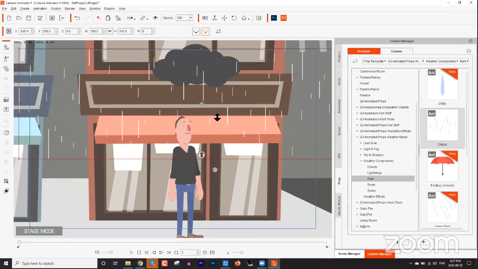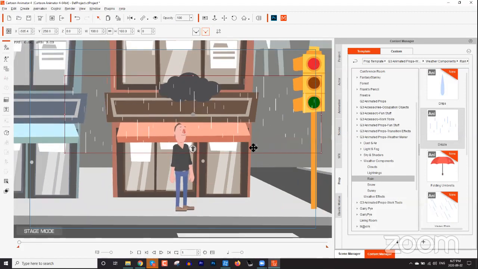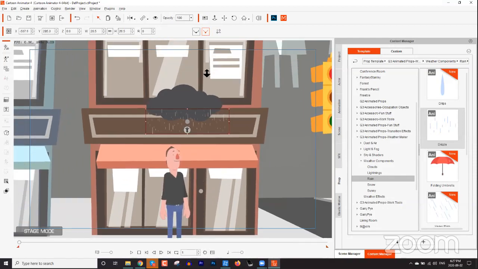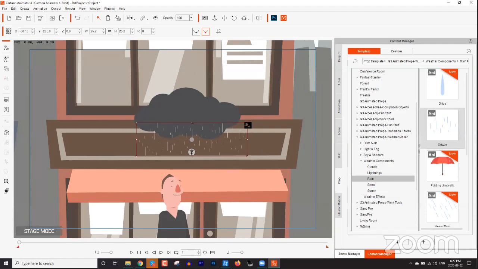Drizzle. And of course, this drizzle is quite large because it's meant for an entire scene. But we can just make it smaller like this, and place it where the cloud is. Maybe make it a bit smaller. And we're going to click this button right here and drag it, so make it go behind the cloud. You can move it up and back and forth on the Z-axis there using this little gizmo